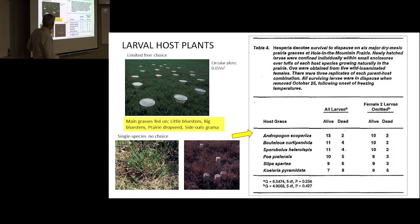that most of the feeding on those semi-free choice situations was big blue stem, little blue stem, prairie drop seed, side oats, grama. There's a limited amount of choice. There were a number of grasses that weren't included in those pots. But then I did